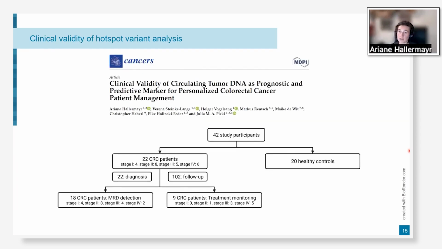Within the second paper of my PhD project, I wanted to also clinically confirm that those cutoffs are useful for, sorry, my phone is ringing,